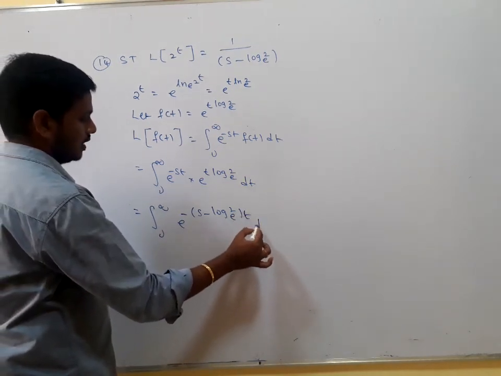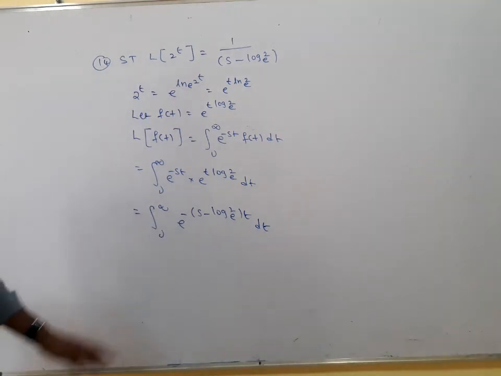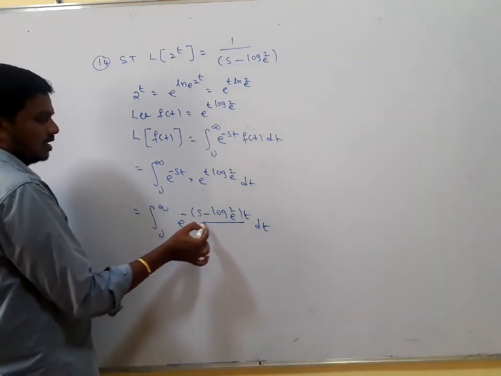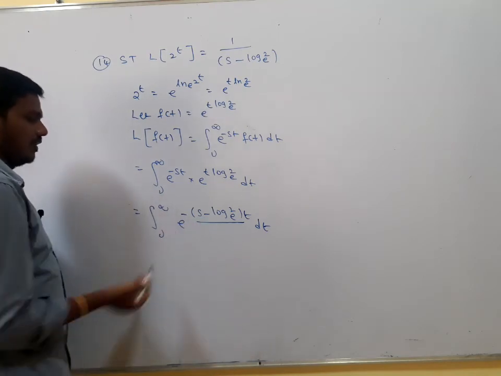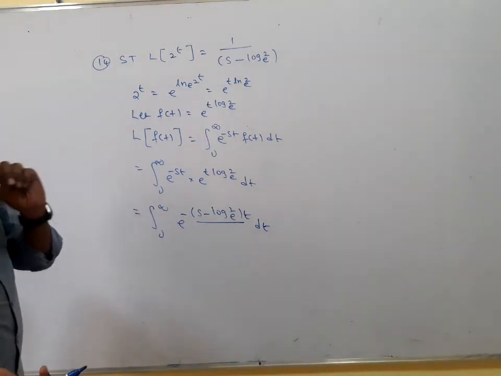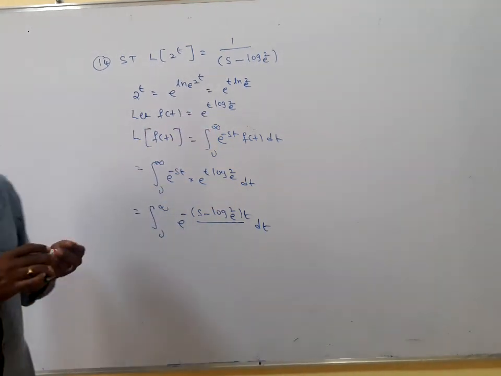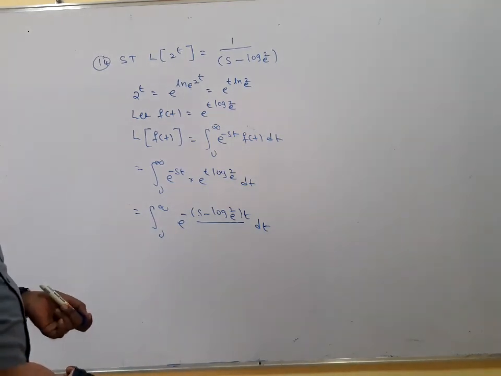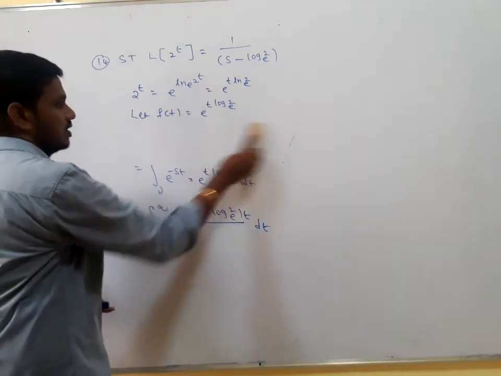t dt. This can be written in the form of, if you take this as some constant, or if I find the integration also, no problem at all. In this case you will get, or directly you can write it in this problem. No need to apply the definition also. If you go for the Laplace transform of e to the power of at, without applying the definition you will get the answer.